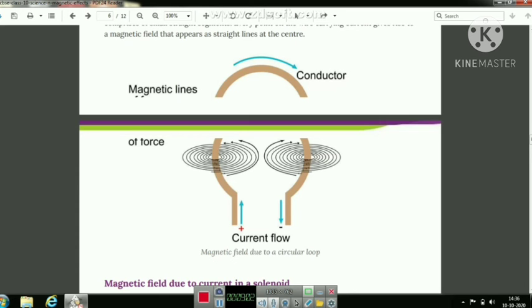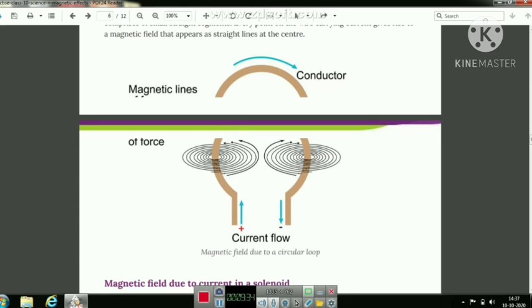then at the upper end of this circular loop we will see the magnetic field in a circular manner, and if we check the magnetic field lines on the left hand side as well as the right hand side, you can see that where there is the positive end there is the south pole, and where there is the negative end at that side there is the north pole of the magnet.